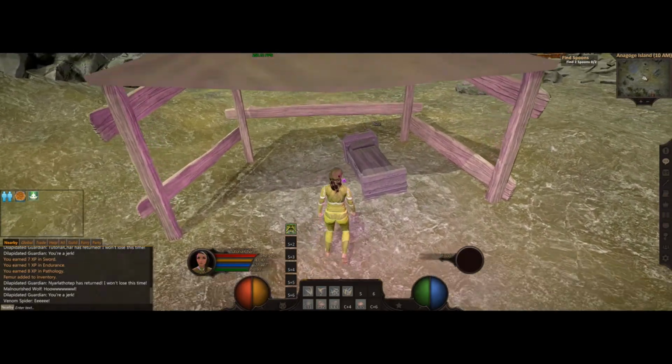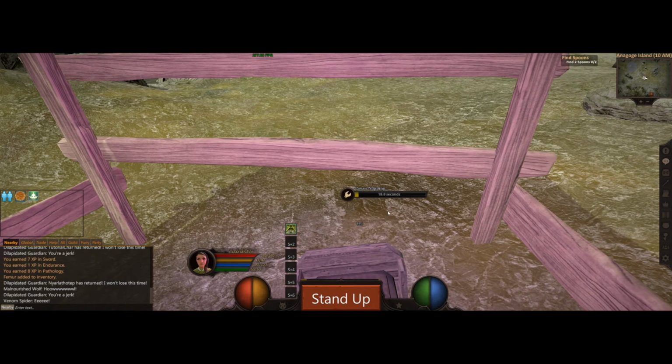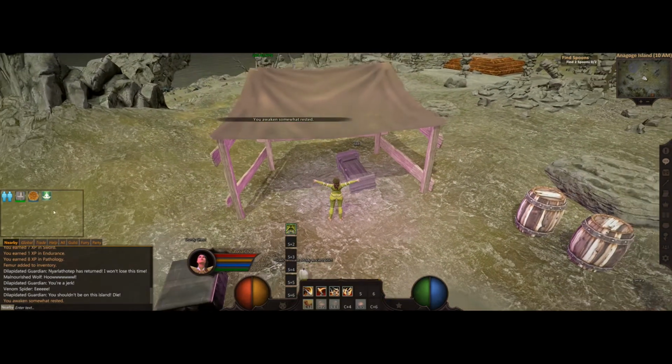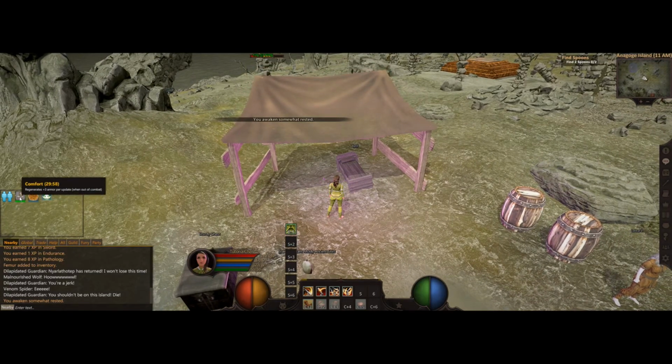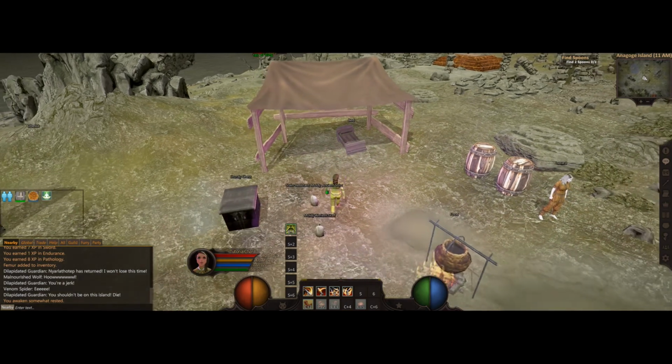Another interesting thing is beds. You can click on a bed and power nap. This is going to take a little while, about 14 seconds, making this video a lot longer because of that. But the effects will usually be armor regen in combat. So get back up, armor regen in combat right here. See, comfort regenerates 3 armor per update when out of combat. Okay, it's out of combat. So